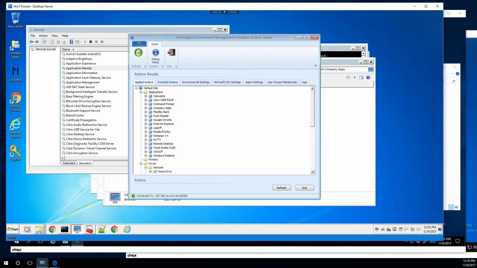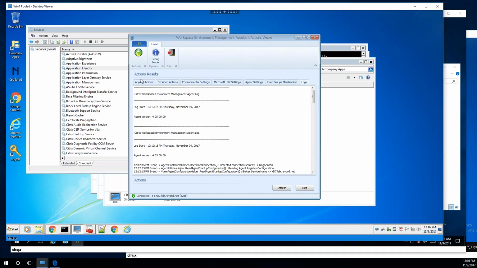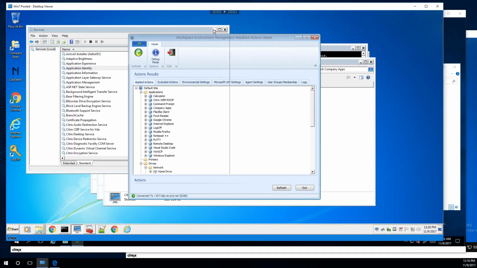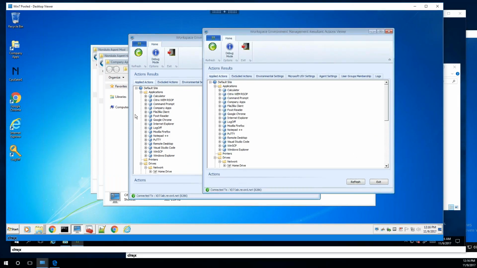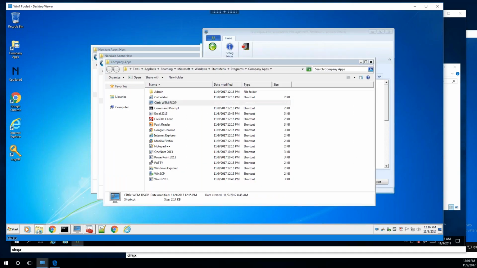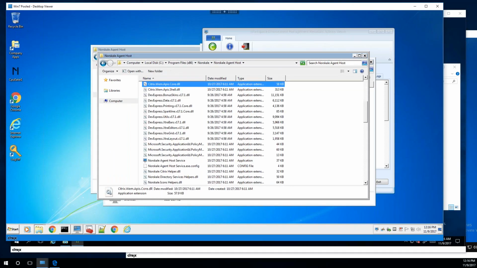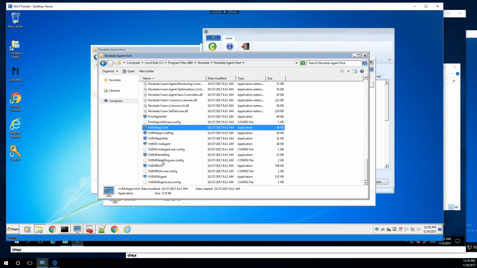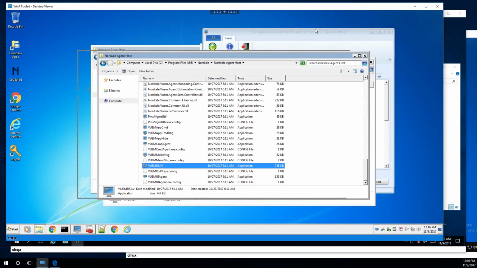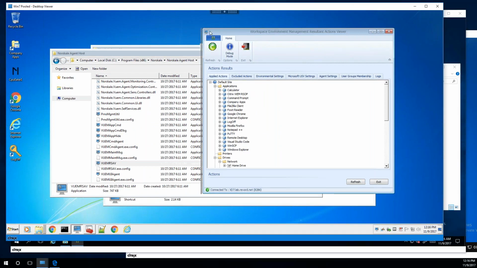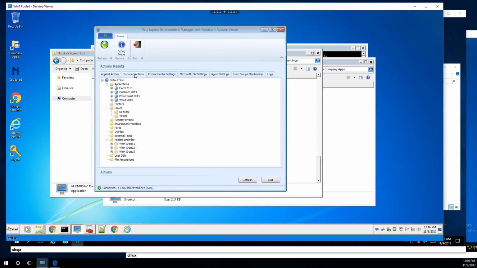How about client-side logging? James is suggesting it might be worth showing the client-side logging and RSOP. Yeah, that is this little tool, which I really love. The Citrix WEM resultant policy editor, of course, is found in this directory with every install. It is this VUEM RSAV here. It tells you everything that has come down, your applied actions, what was excluded, why it was excluded. So in this case, it was excluded because we're on Windows 7. So that environment filter did not allow it.